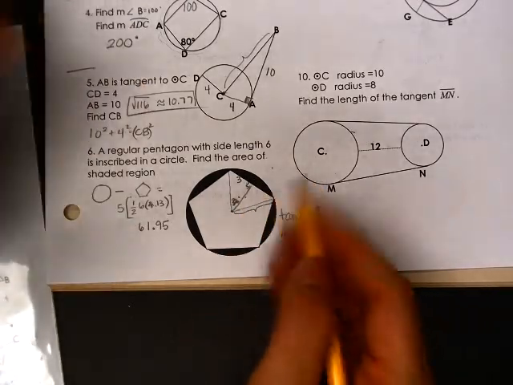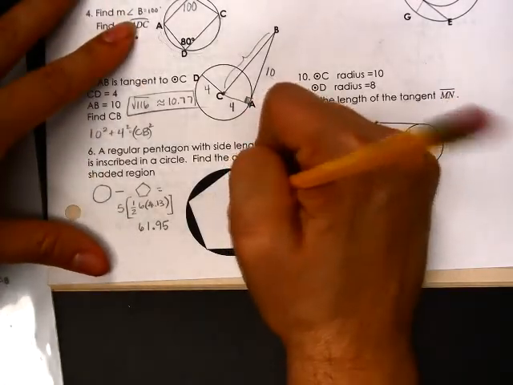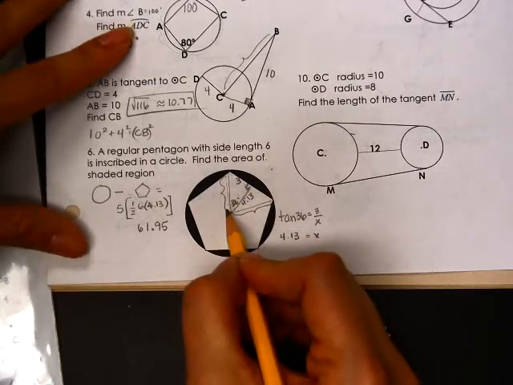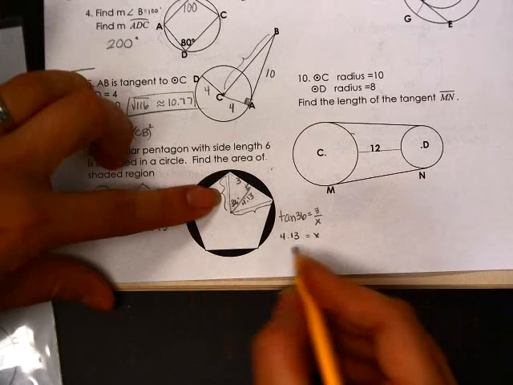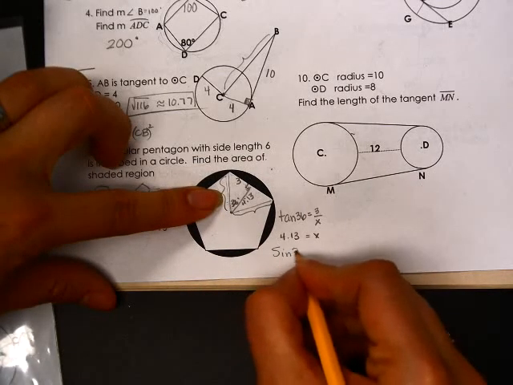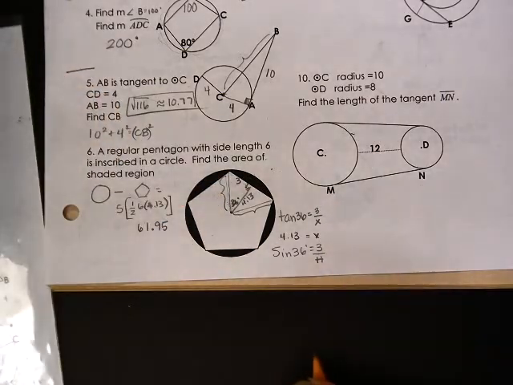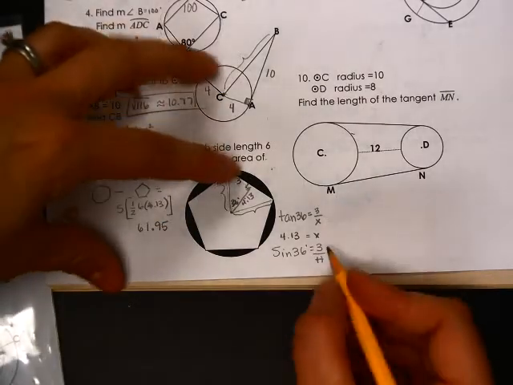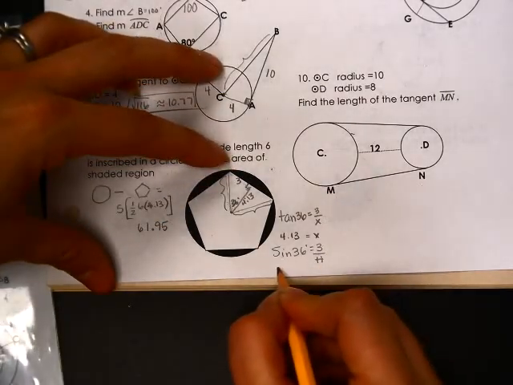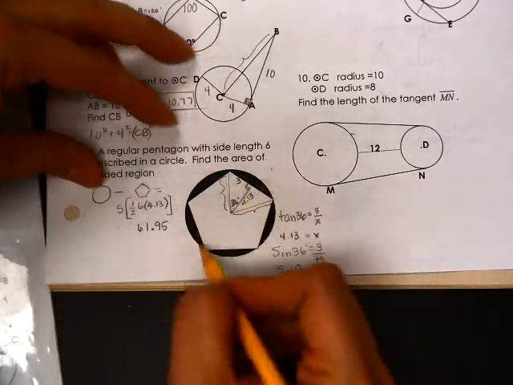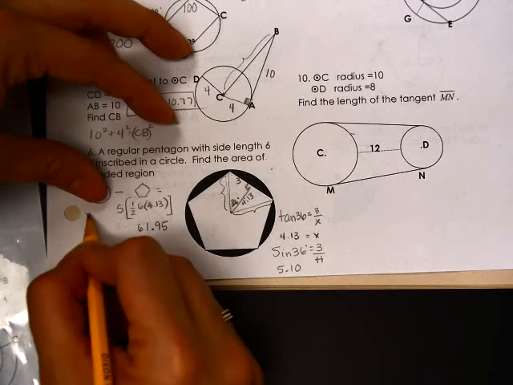So I have choices. I have 4.13. I can use Pythagorean theorem right here, but I can also use sine, and I prefer to use sine because it will be a little bit more exact, because I'm using sine of 36 is equal to the opposite over the hypotenuse, and it's all whole numbers in my calculations. So then this is equal to, when I am done, 5.10,